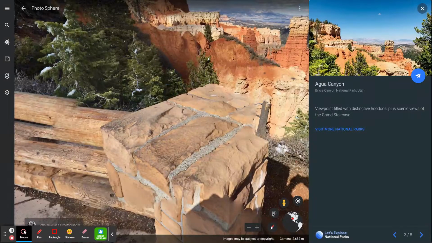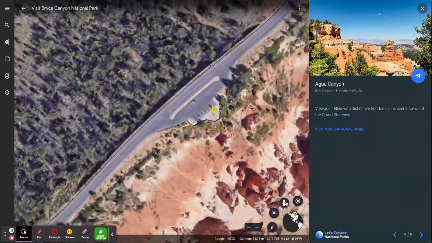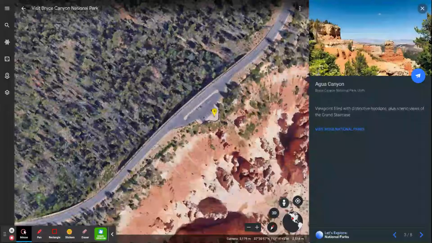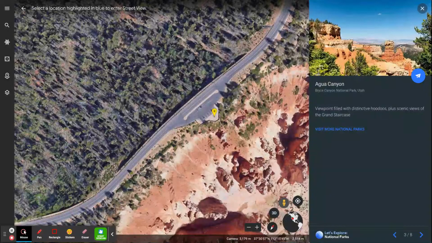I can go to a 2D view. Click on it for a second. Oh, there's one more thing I want to show you. If I click out here and I click the little person, and then I click it again, it's going to show me some spots that I could stand. Now, we were just on one of those, but if I click this other one,